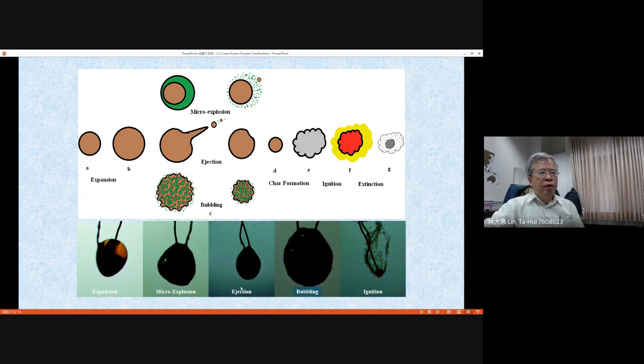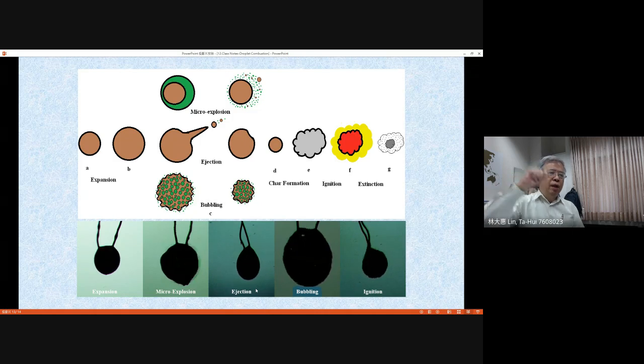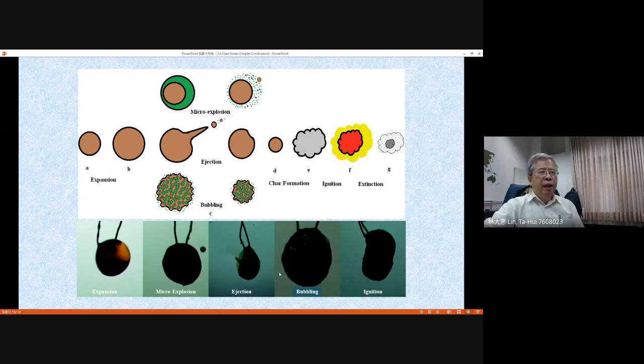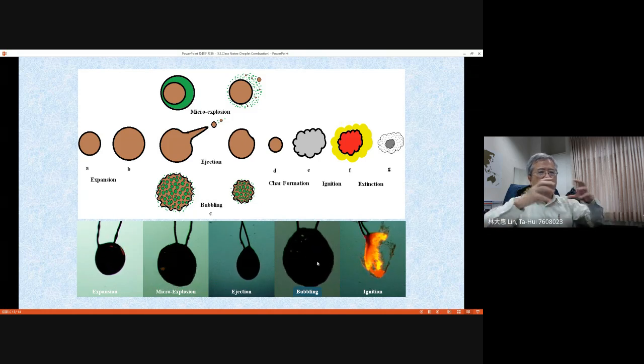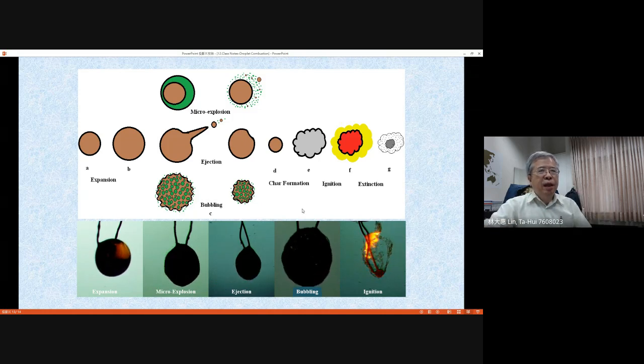We call this injection. Injection means just a single bubble coming out. Later on you will find those kinds of bubbling become more severe and more intense,